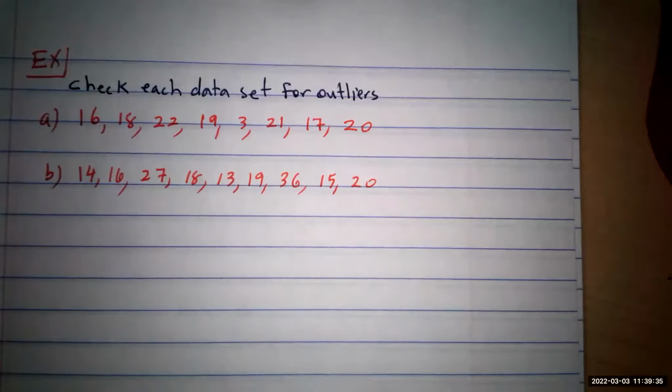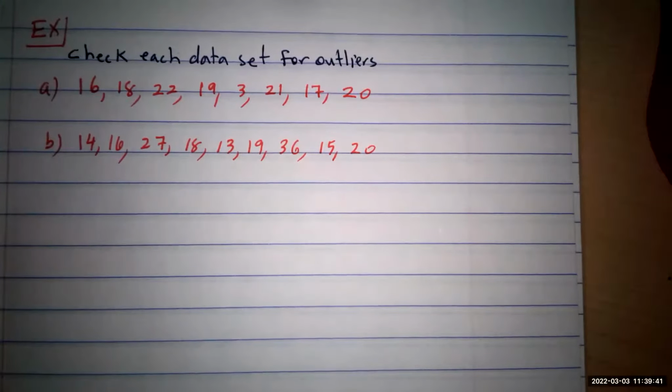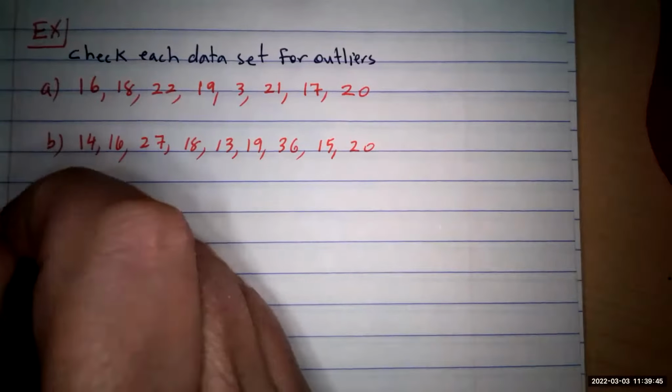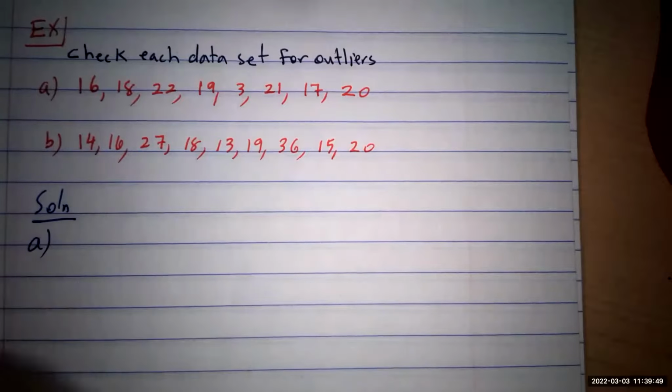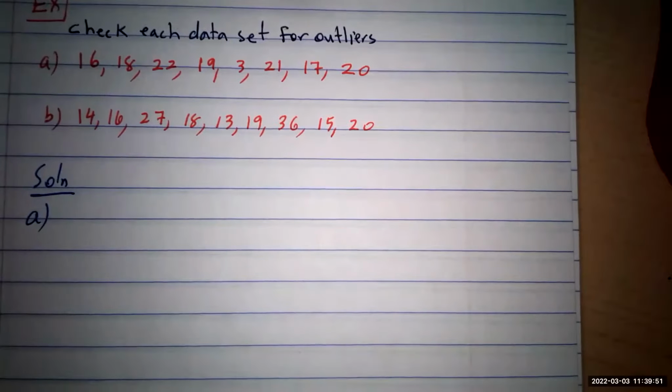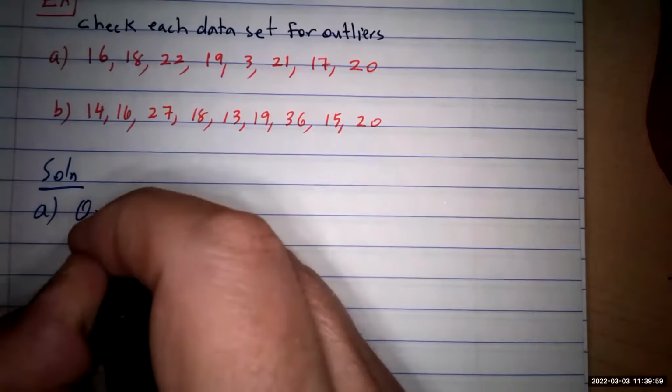Okay, are you ready? I do the first one myself and ask you to do the second one yourself to see if you can do it. So there you are. Solution. I do part 1. You have to order the set, find Q1, Q2, and Q3. We need the Q1 and the Q3, of course. So the first thing to do is order